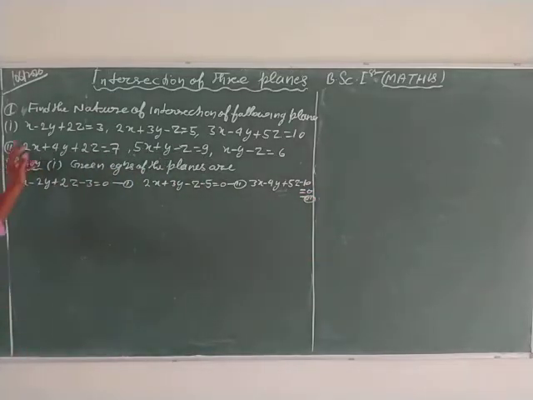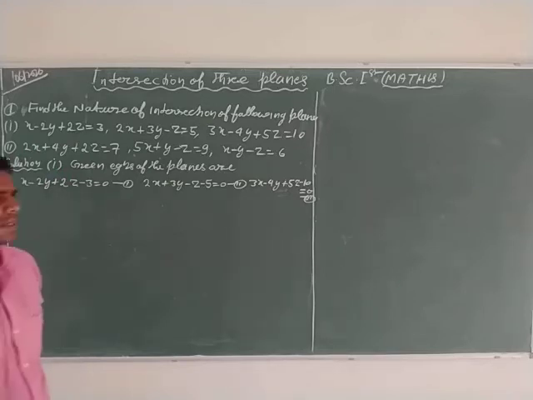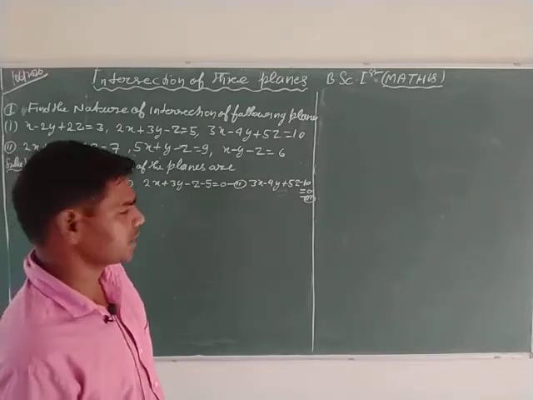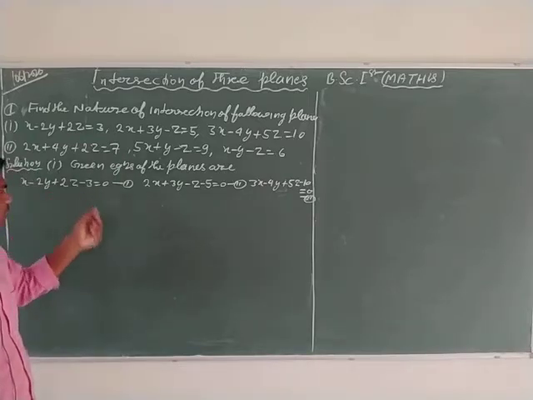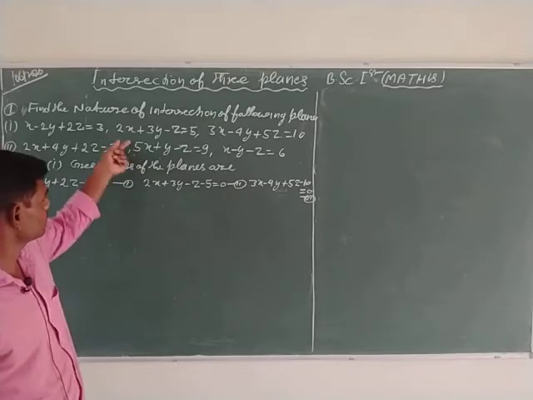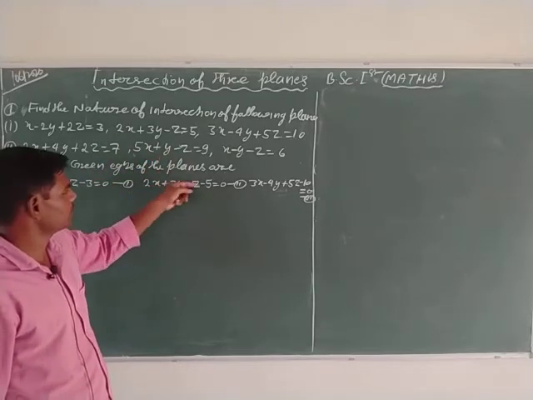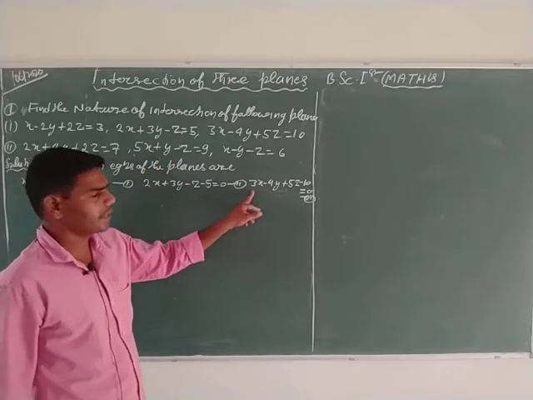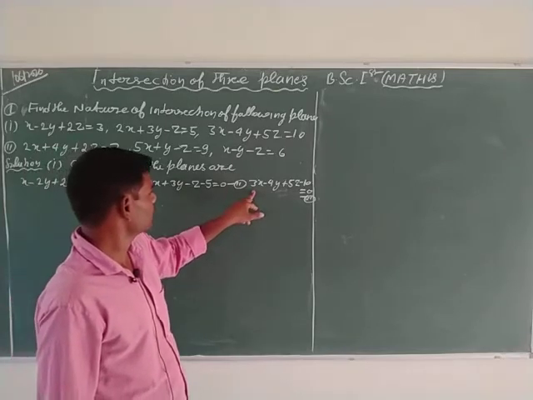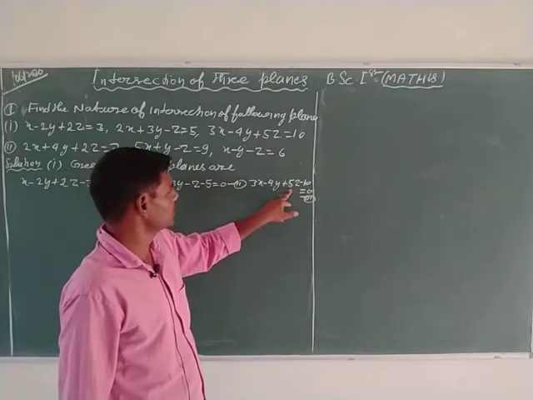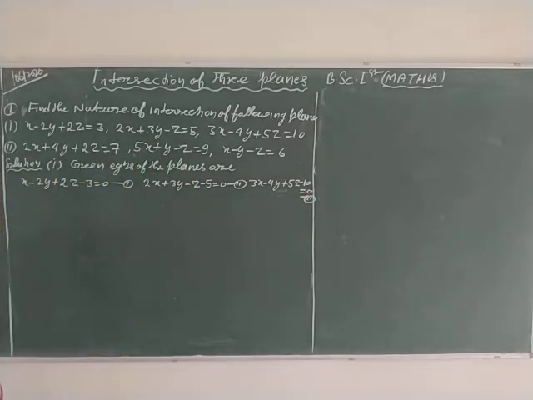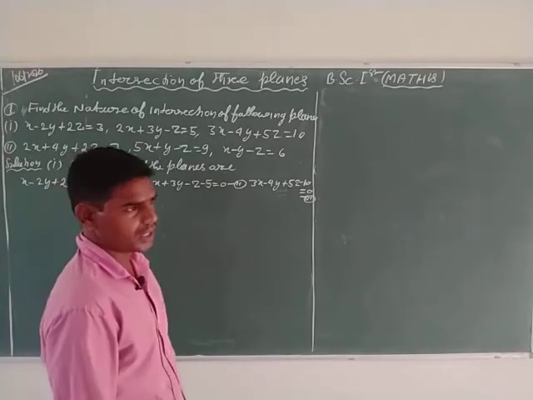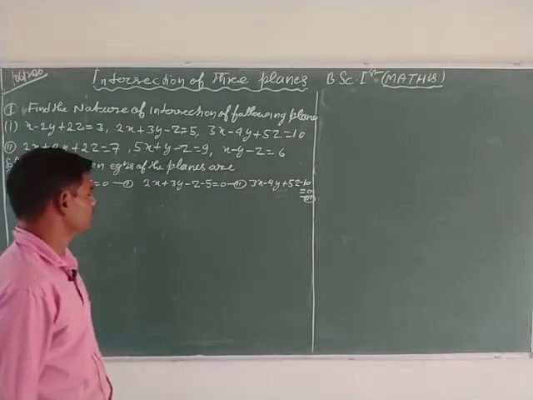So in the first set there are 3 given plane equations, and these planes are intersecting each other. The first equation is x minus 2y plus 2z minus 3 is equal to 0. The second plane equation is 2x plus 3y minus z minus 5 is equal to 0. And the third intersecting plane equation is 3x minus 4y plus 5z minus 10 is equal to 0. So according to the rules which you learned and discussed in the first article, intersection of 3 planes.